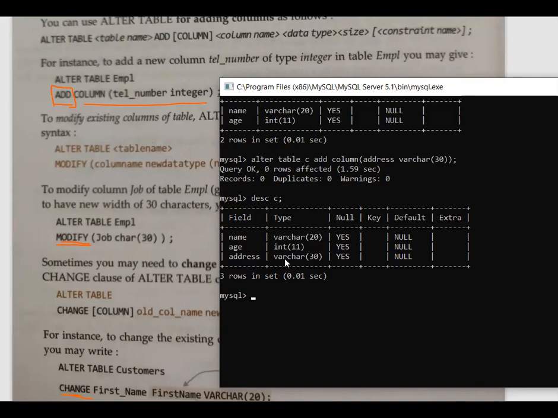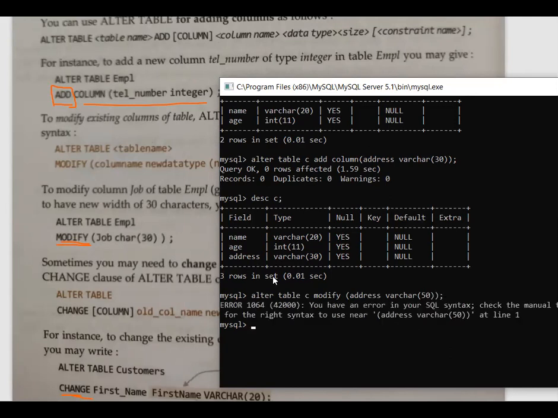Now suppose later on, instead of 30 I want 50, so I'm going to use modify. How to use modify? Alter table C, then modify, and then address varchar, and now I want 50.